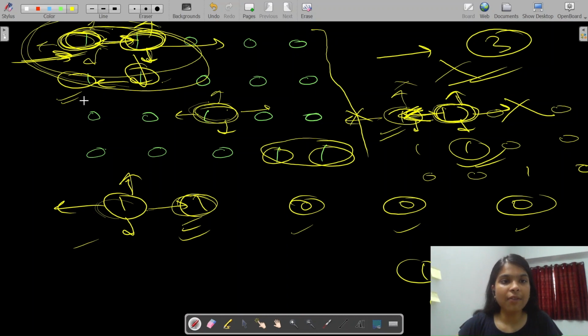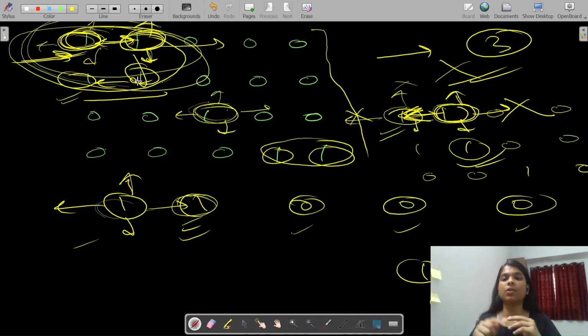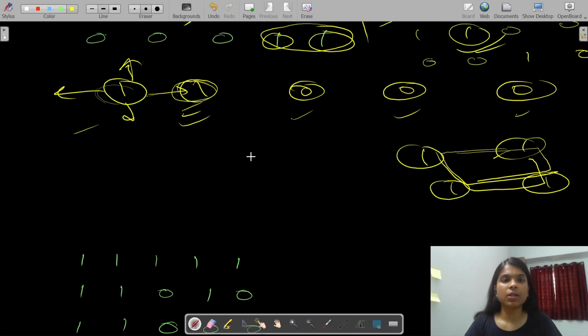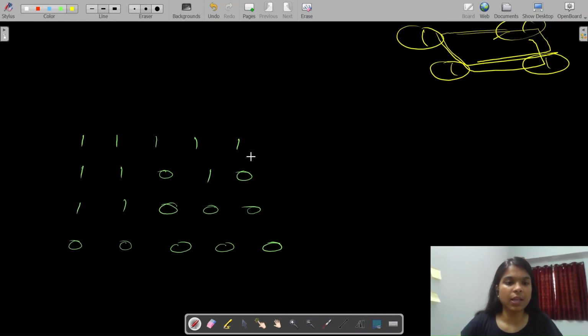Okay, so whenever we have finished checking all the connected lands, then we will increase our counter of the number of islands, because now we have got one island. Now we will again check if it is one, then we will again start traversing our grid in all the four directions, and we will again get an island, and in this way we will get the number of islands in our grid. So here there are three islands, but in another example, see,